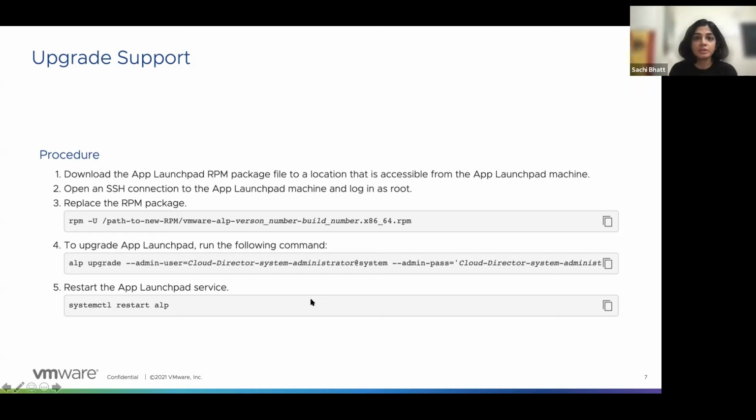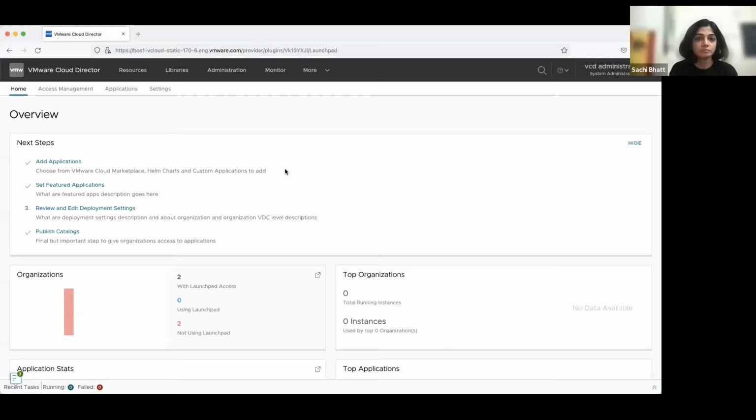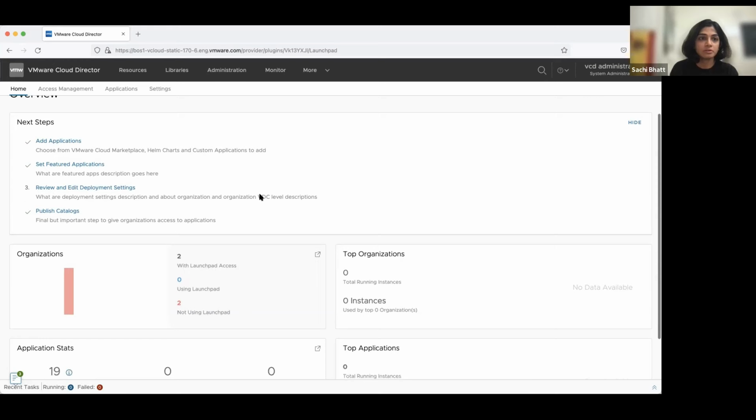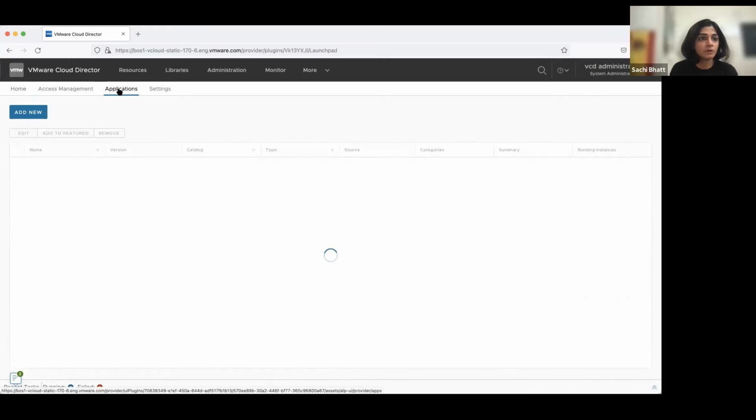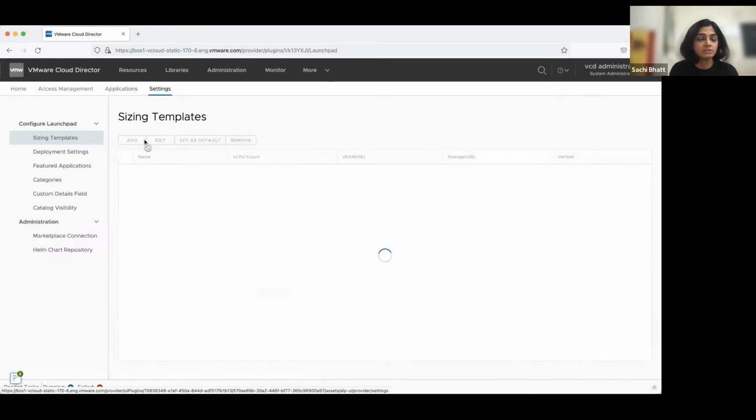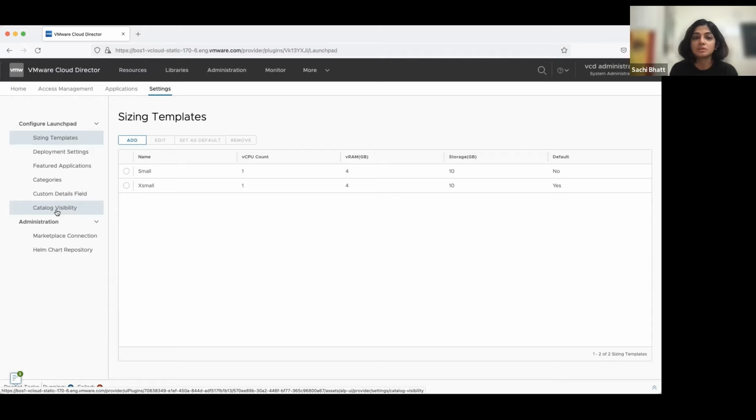So these are the main features or updates we have in App Launchpad 2.1. And now I will dive into the demo. Okay. So right now I'm logged in as a provider administrator. I'll first talk about the settings for the catalog visibility, because the push versus pull is not something that you can see in action, because it's just the way it's going to function from this point on.